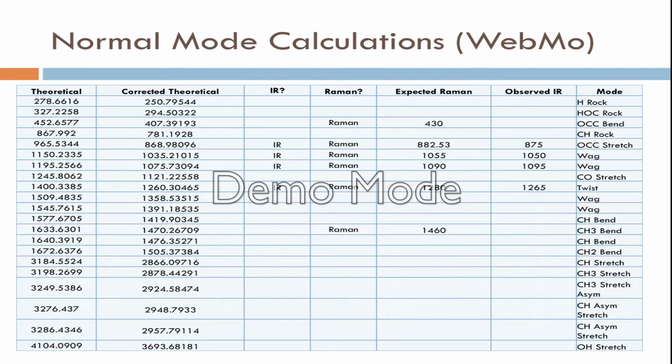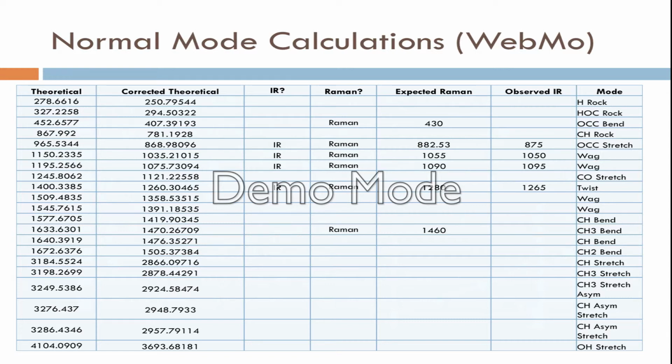Ethanol has 21 normal modes, so these are all of them that WebMo found. The second column is corrected theoretical values. So in order to correct for the Hartree-Fock method, we needed to multiply all of our vibrations by 0.9. And so the corrected theoretical shows that adjustment. The third and fourth columns mark whether a shift or a vibration mode was IR active or Raman active, or both. So IR active peaks included